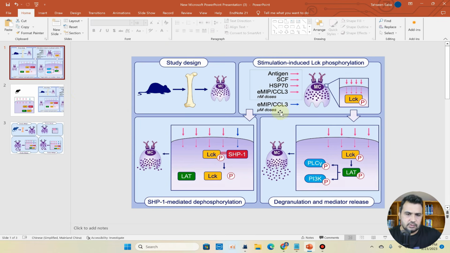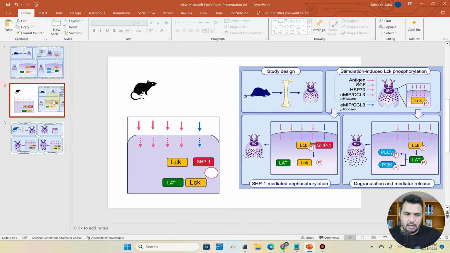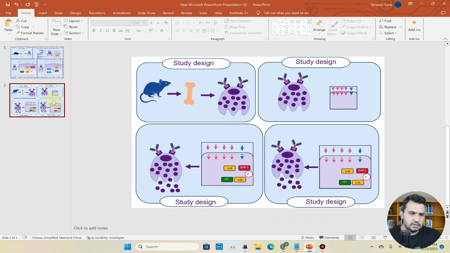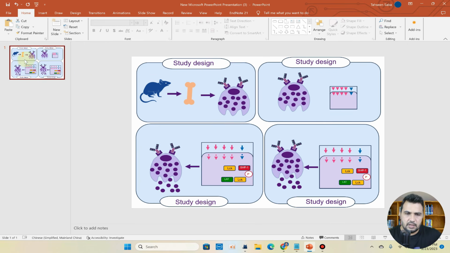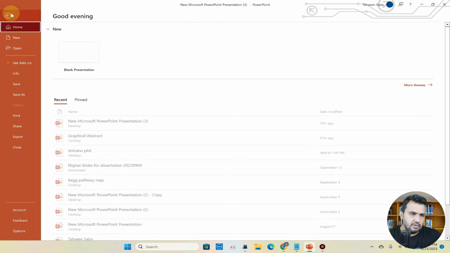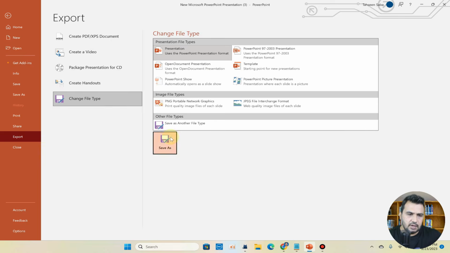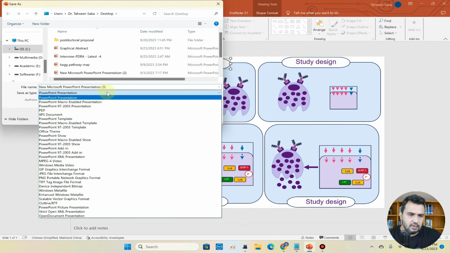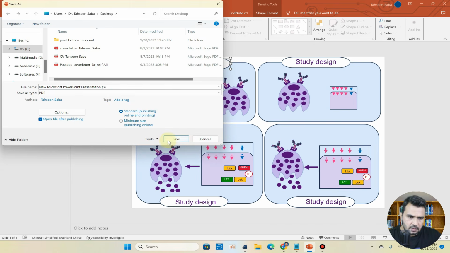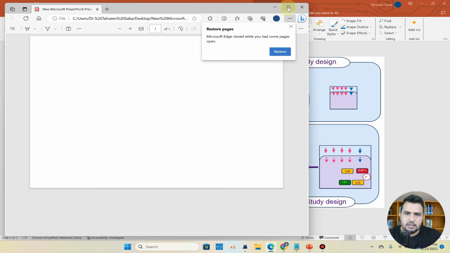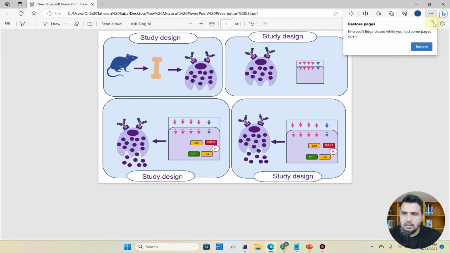So I will recommend you to just check each part carefully, and you can make it according to your own need. And let's suppose if this is final for you, so we can publish this in the form of PDF or PNG from here. Now we can go to the export option and change file type. We can also save it in the form of PDF, because some journals accept the graphical abstract in the form of PDF. So here you can see our PDF is now just being